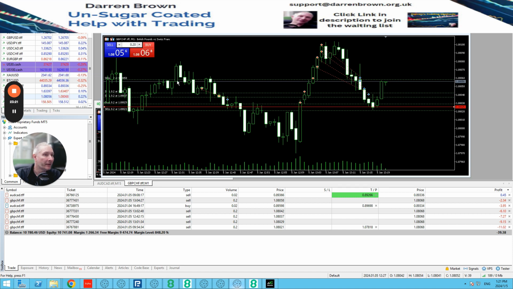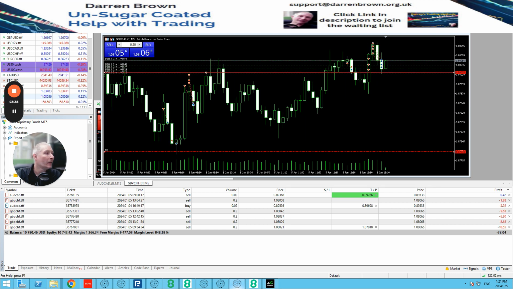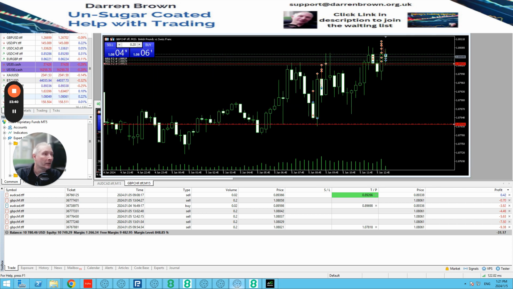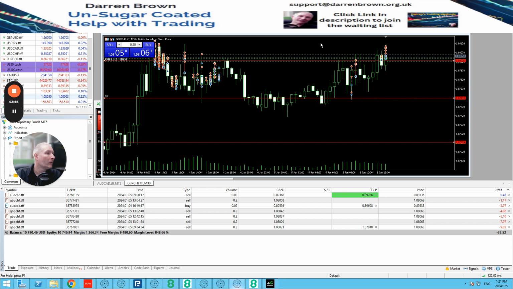Oh, it's nearly got it. Come on. It's almost respecting this area here. That's why it's bouncing. If it goes past here and it's going up, it can go up anywhere up here and then come back down again. This is a good time to get back in again. Around this area, anywhere around this area is a good time,